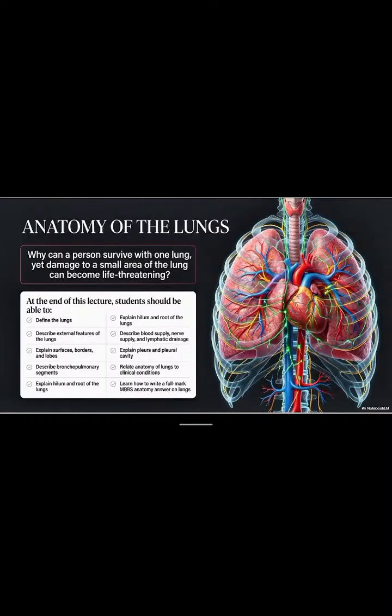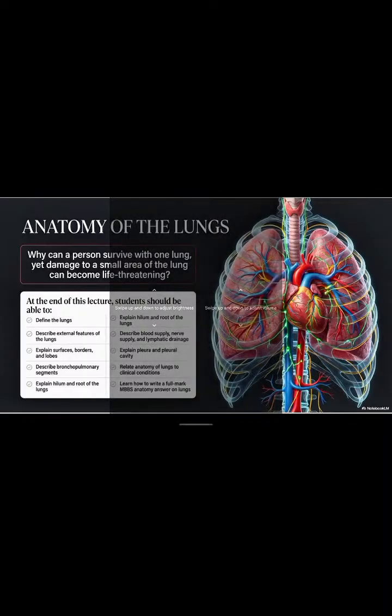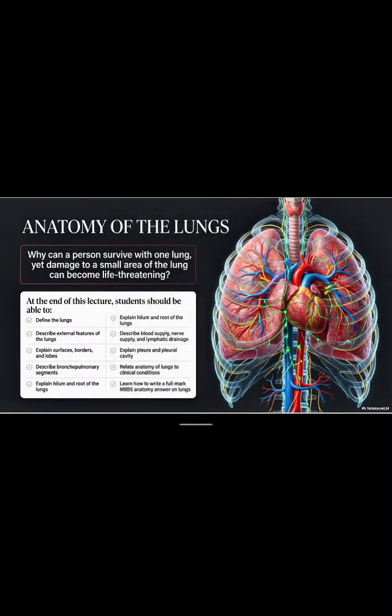We're going to make you understand the basics and concepts of structures and organs that are found in the body. At the end of this lecture, students should be able to answer this question. Not only that, you're going to be able to define lungs, describe the external features of the lung, explain surfaces, borders and lobes of the lung, describe bronchopulmonary segments of the lung, explain hilum and roots of the lungs, explain and describe the blood supply, nerve supply and lymphatic drainage, which are the lympho-neurovascular structures of the lung, explain pleura